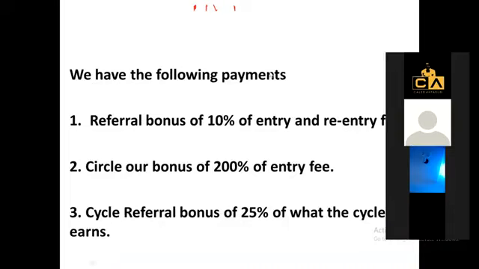All right. Now there are some other points we need to understand, because in this plan, of course, we have a lot of people who would definitely want to push this, since this is an opportunity where everybody runs almost on the same structure, and it's a win-win. Even if I refer somebody to join the cycle plan, at least the person is going to get an asset, which is the COVID coin point.